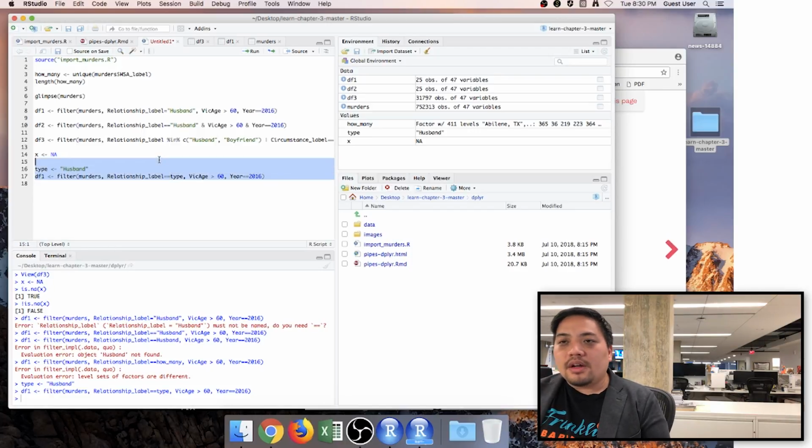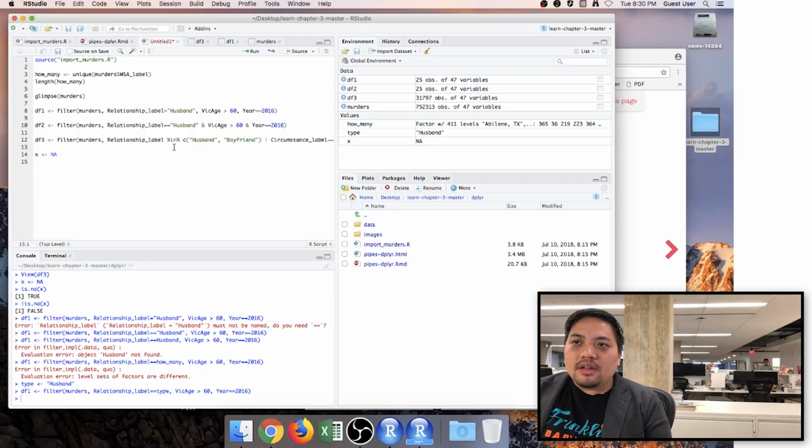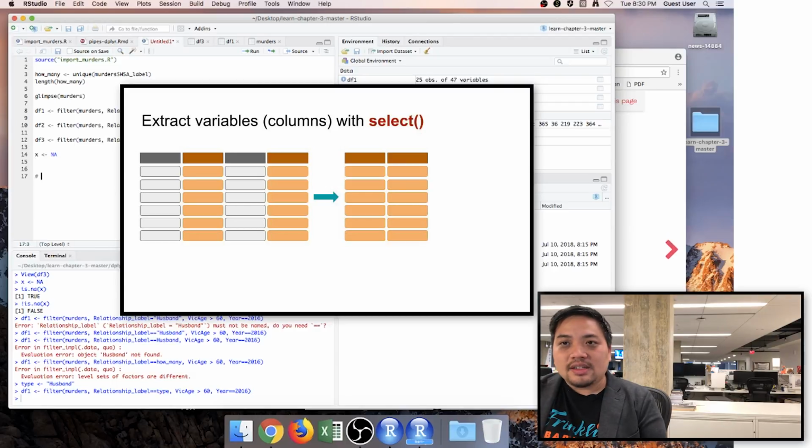Another thing to look out for is instead of stringing together the ors, relationship label equals husband, relationship label equals boyfriend, or relationship label blah blah blah, you do this in percent. It'll save you so much time. It's wonderful. Okay, next verb I'm going to show you is select, and that's extracting variables or columns with that